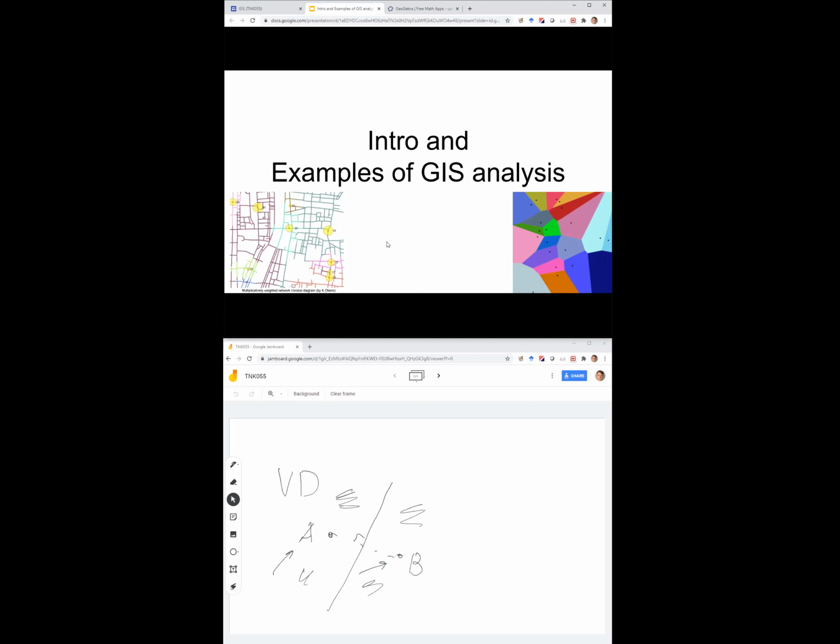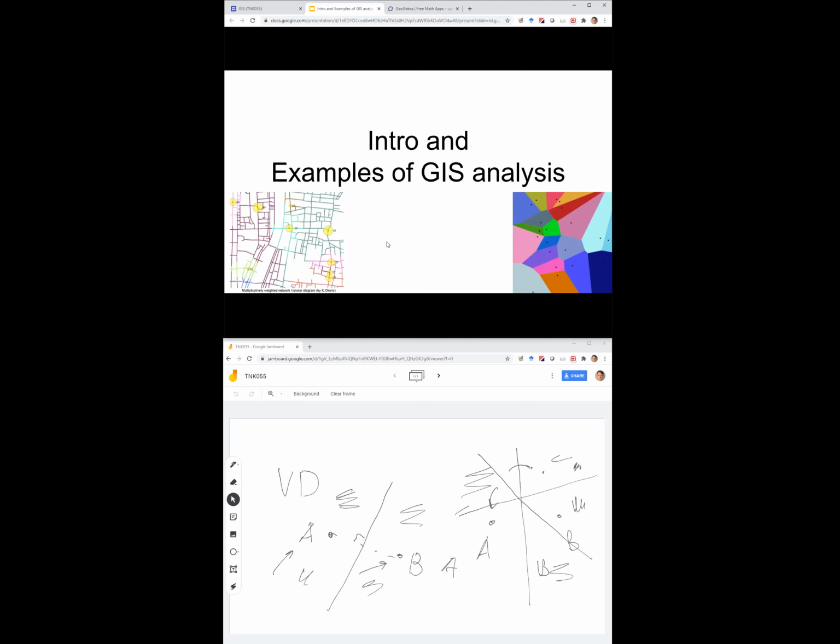So that's the Voronoi diagram of two sites. Decomposition of the plane into, this time, two parts, one part corresponding to A, one part corresponding to B. If you have three sites, then what do you do? Well, you know that this is the bisector between A and B. So everybody here goes to A, everybody here goes to B. Here is the bisector between B and C. So everybody here goes to B, everybody here goes to C. And finally, this is the bisector between A and C. Everybody here goes to C, everybody here goes to A.